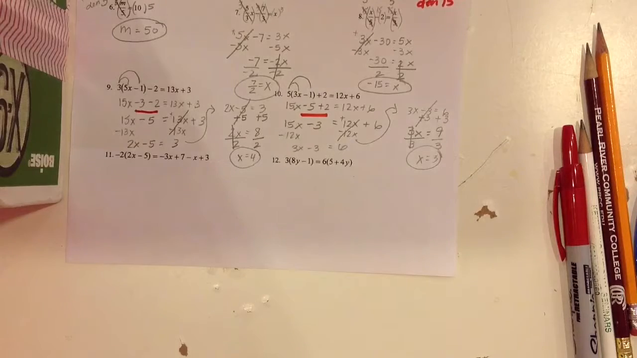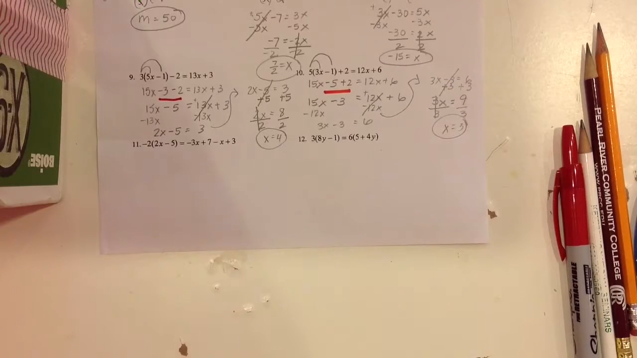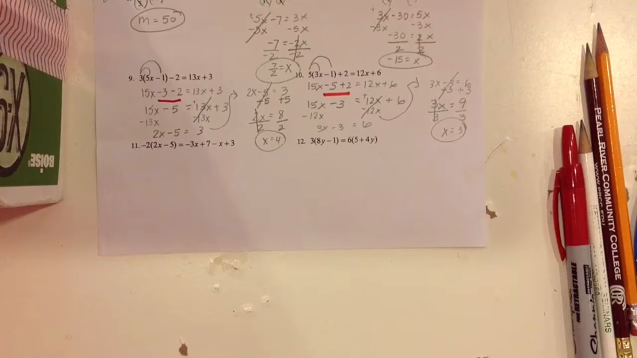That seemed easy enough. Now we go to 11 and 12. 11 and 12, again, I warned you, are going to be a little different. And the reason why they're different is because they have special solutions. There are 2 special solutions that we have not discussed, and their solutions will either be all reals or no